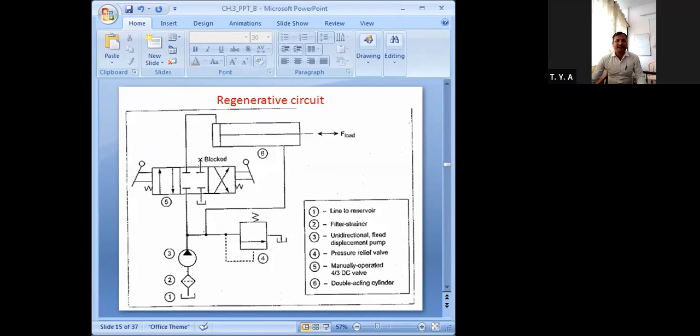Getting it? And simultaneously, whatever fluid is on the rod side of the cylinder will come out of the cylinder.